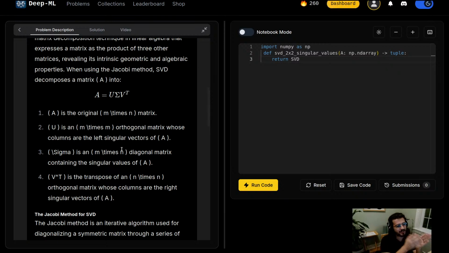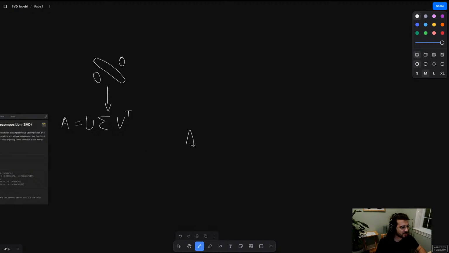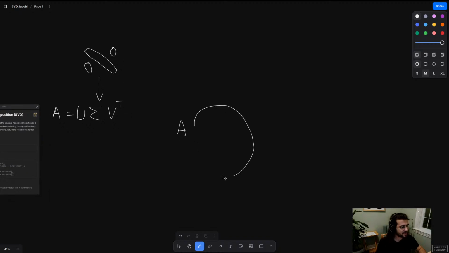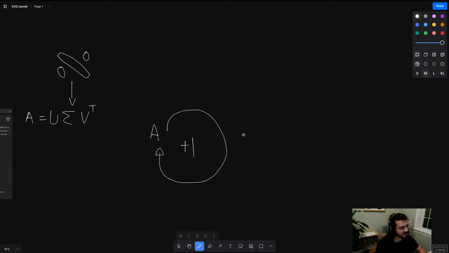That's why last time we were able to find the singular values, right? And then find the eigenvectors, and then just construct these matrices directly. It was a mess, but we got it through. But in this one, we won't be doing this. What we're going to be doing is you start only with A, right? And then iteratively, at each, what we call sweep, through the stuff. Hi, Faima, how are you? Through each of the sweeps, what's going to happen is you're going to construct this U, sigma,